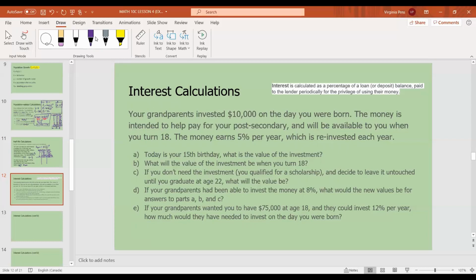Let's gather all the information that we've been given. So 10,000 is the P0 value, because that is the starting amount that your grandparents have invested. The money is intended to help pay for your post-secondary. That money earns 5% per year. So this 5% is the interest, which is